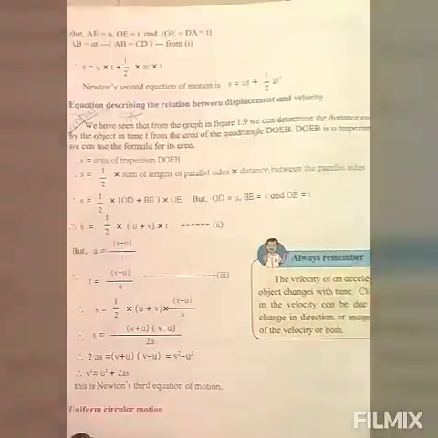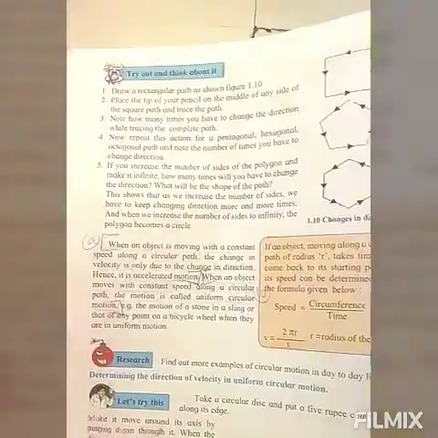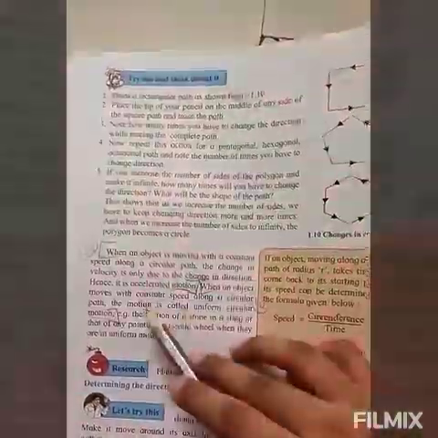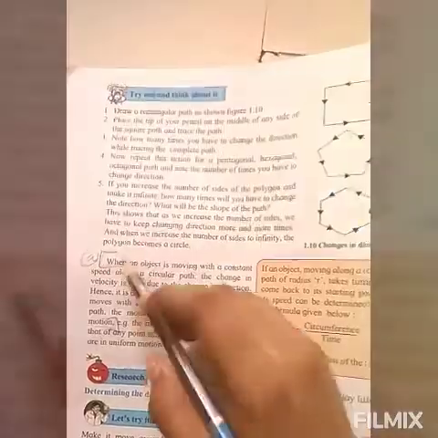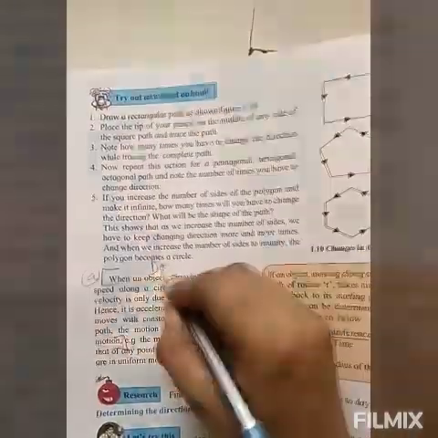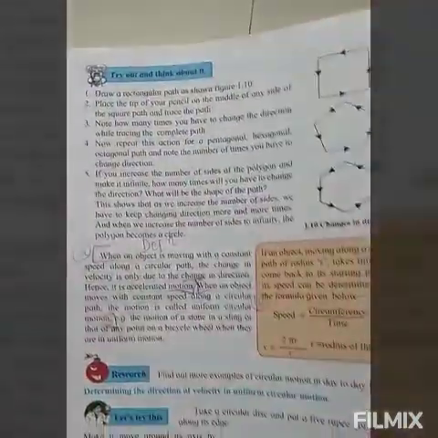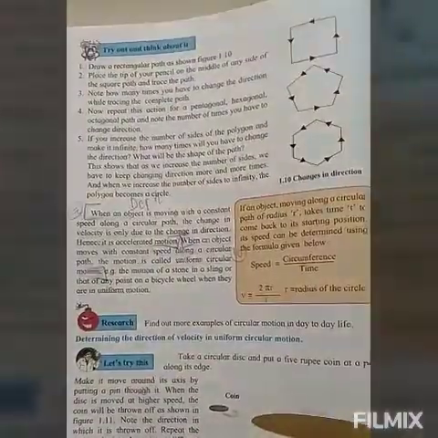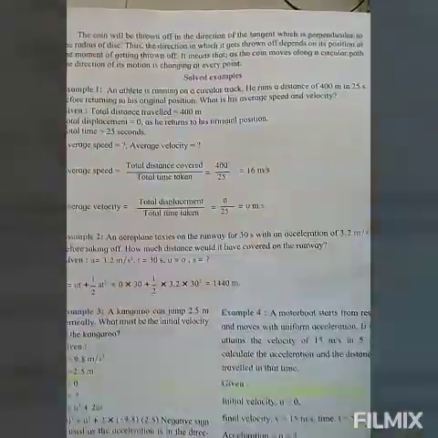This is also a derivation. This is an important one, and I will show you what is important and what is not important in the next video while explaining these derivations. Here is another definition ready for you. When an object is moving with a constant speed, it is called accelerated motion. A definition. Next is circular motion. Here are two definitions for accelerated motion and circular motion.